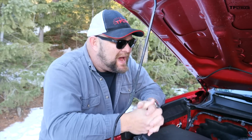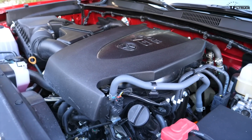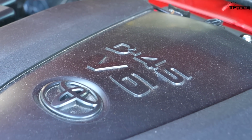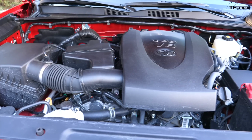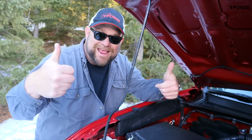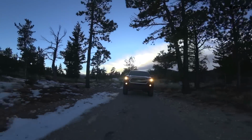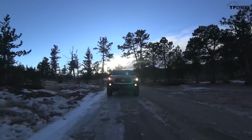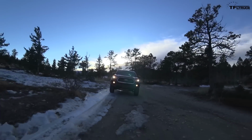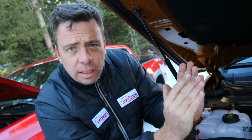This V6 puts out 278 horsepower and 265 pound-feet of torque. It's the tried and true 3.5 liter V6, and it's hooked up to a 6-speed automatic transmission. However, you can get a 6-speed manual transmission. Now, there is a 4-cylinder available in the base model, and that's a 2.7 liter. This vehicle has 4-wheel drive, it has an electric locking rear diff, and it's pretty much ready to go for off-roading. The Tacoma offers a choice of engines and a choice of transmissions, but it's alright because under the